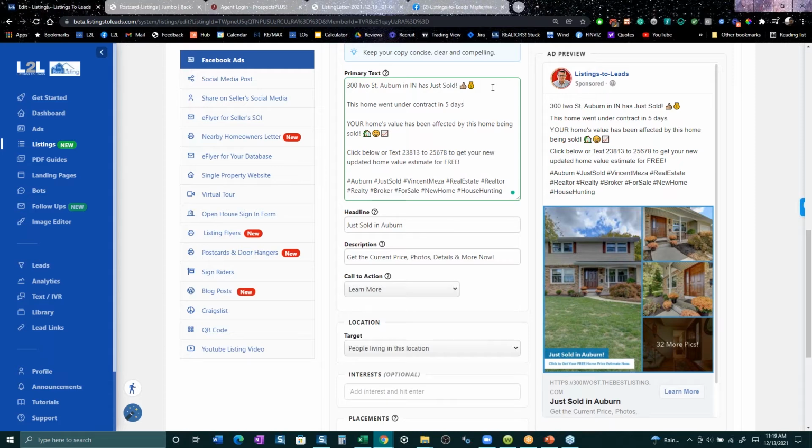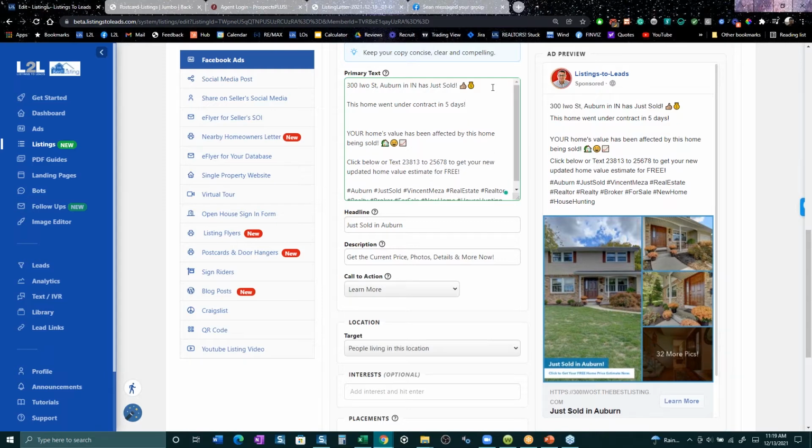Or 7 days, or 4 days, right? Like, listing inventory is tight, homes sell quickly. You should be announcing that you went into contract very quickly. If that happened, do it. If it sells for above asking, right? Sold for 10K above asking,